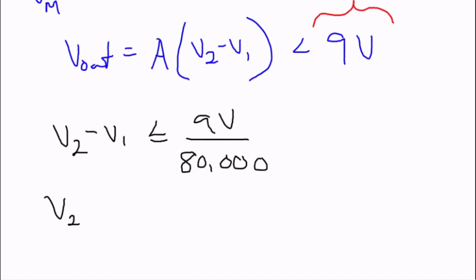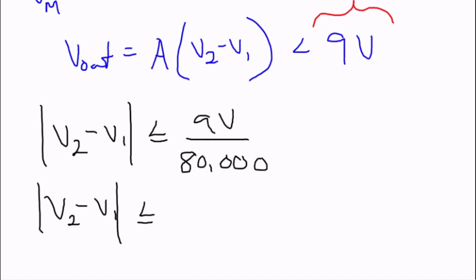So that means that V2 minus V1, and let's be accurate here, we'll use our absolute value symbols, must be less than or equal to, let's plug it in our calculator, and we get,